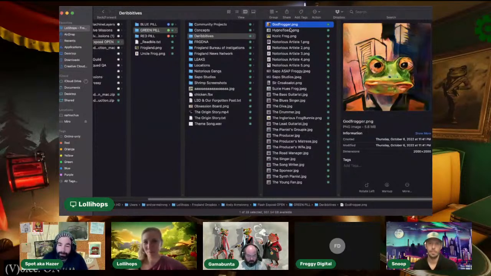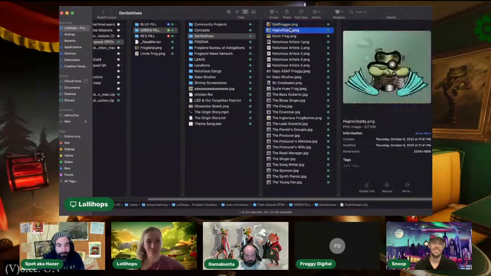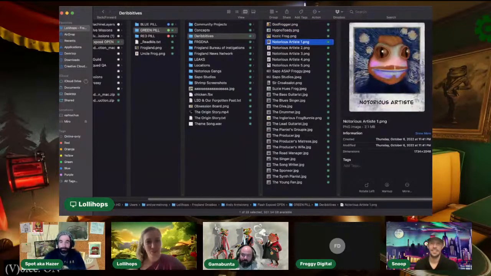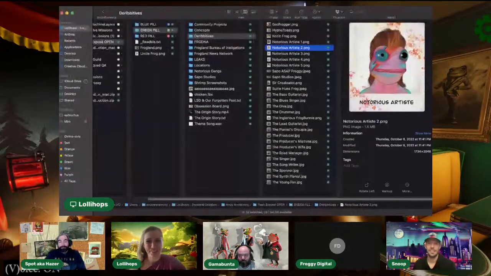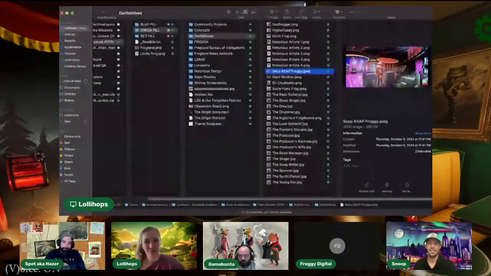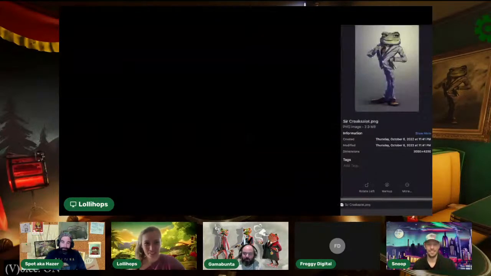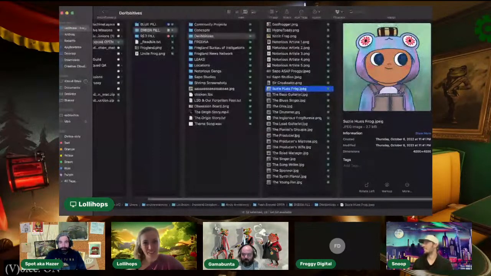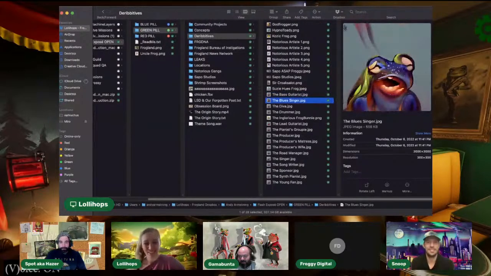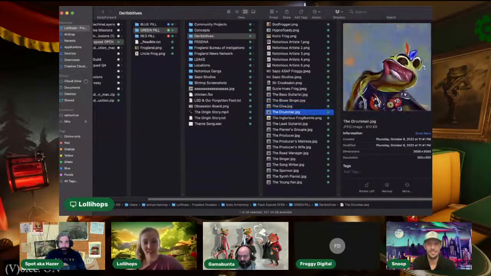And then of course we had to have a derivatives folder with a bunch of our favorites gathered from way back at the very beginning when the frogs looked a little bit different than they do now, all the way to where they've ended up now. I know Seppa Studios has got a couple in here. And then one from Susie Hughes. And then some of the very, very early derivatives.